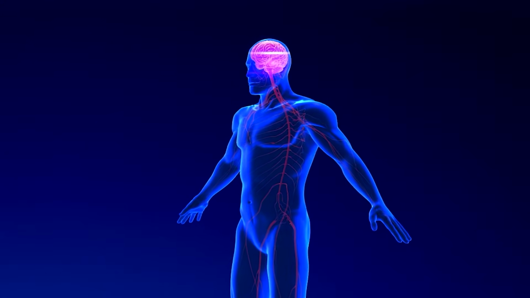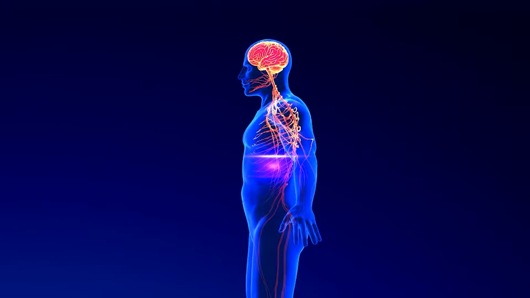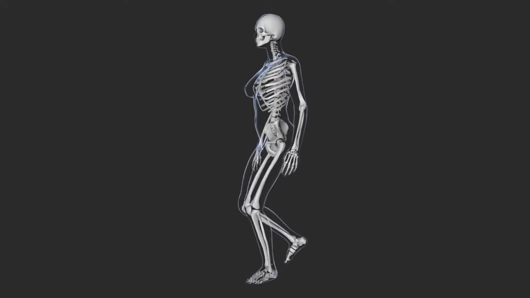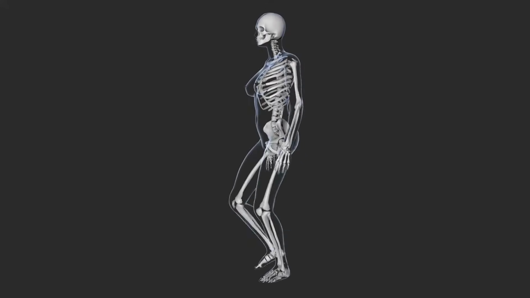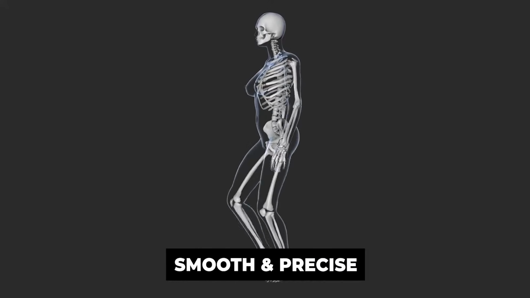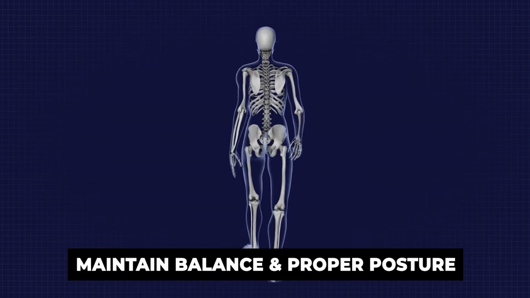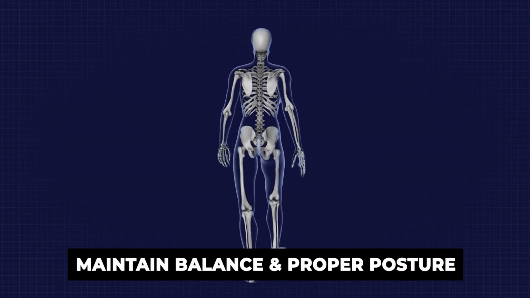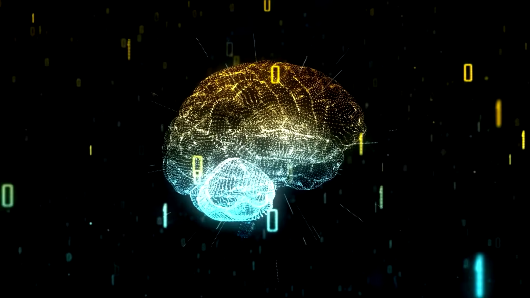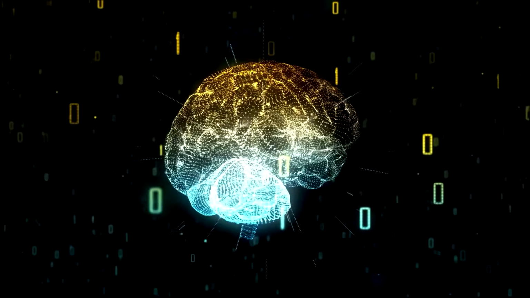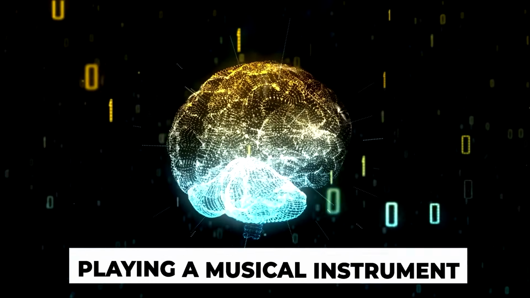The cerebellum plays a key role in fine-tuning motor activities. While the cerebrum might initiate a movement, the cerebellum makes adjustments to ensure the movement is smooth and precise. It helps maintain balance and proper posture, particularly when the body is in motion. The cerebellum is essential for tasks that require practice and repetition, such as riding a bicycle or playing a musical